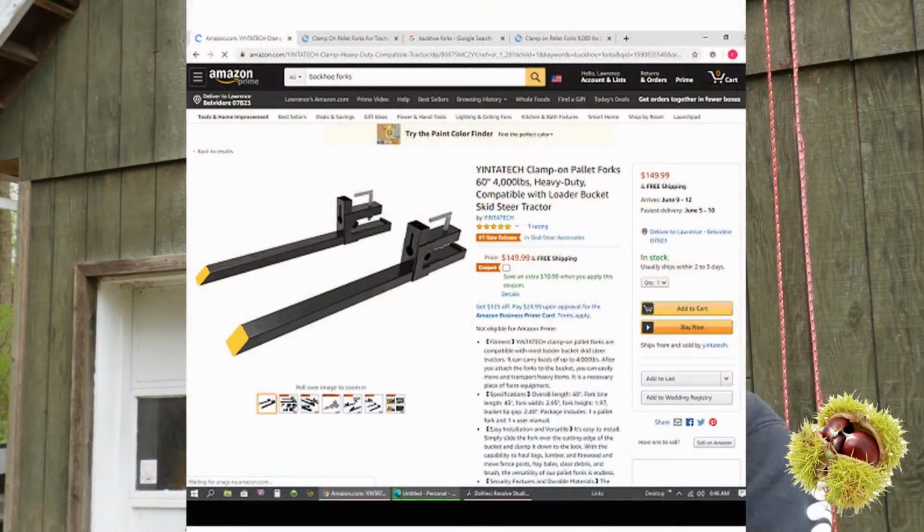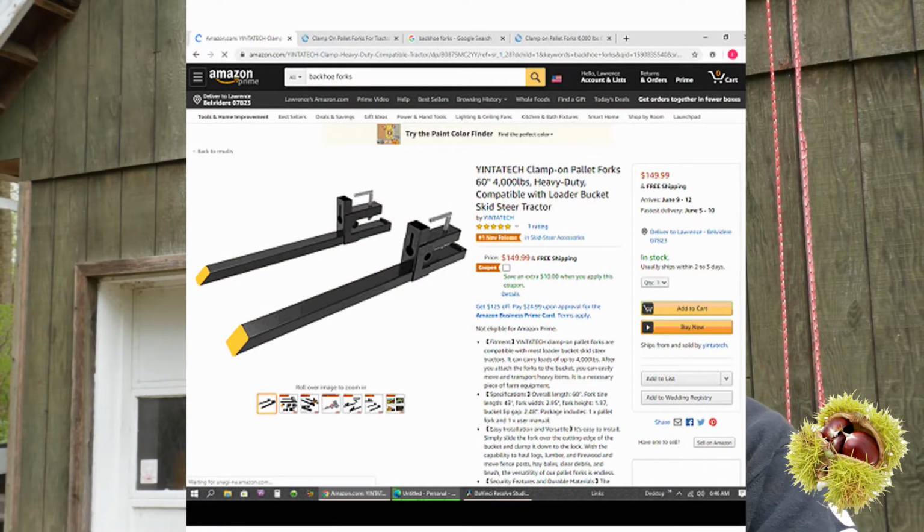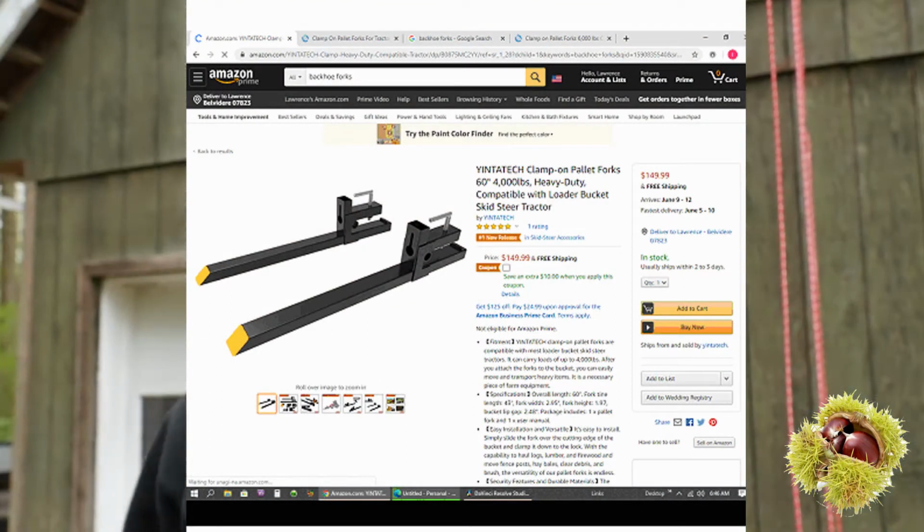Hey guys, so today we're going to talk about these backhoe forks. They're the forklift fork adapters. I got mine from Amazon. They're rated to be 4,000 pound. So some of the problems I've had,